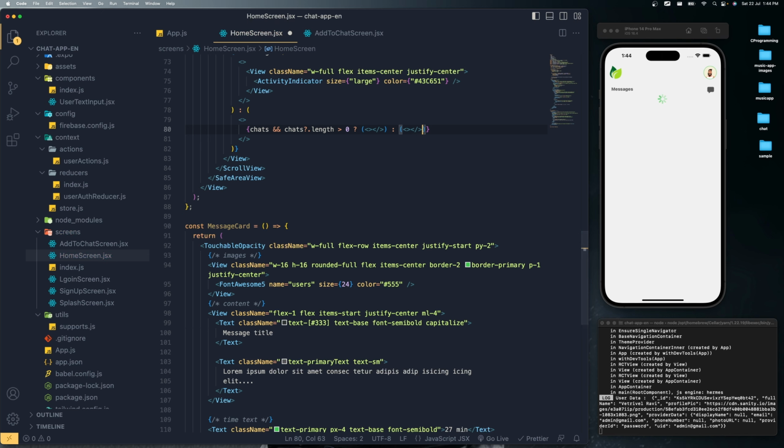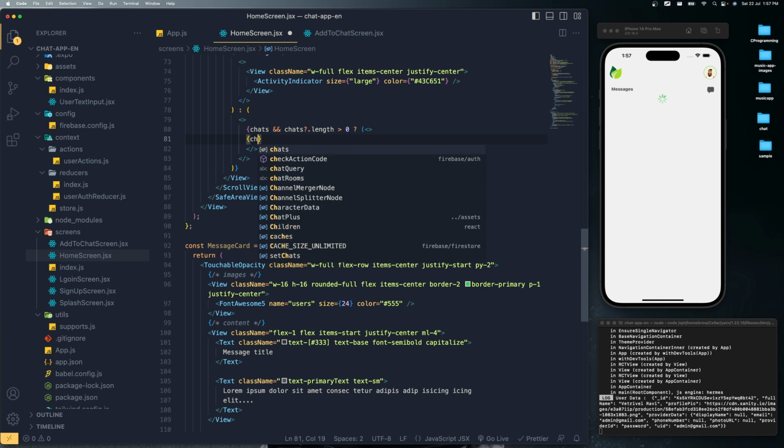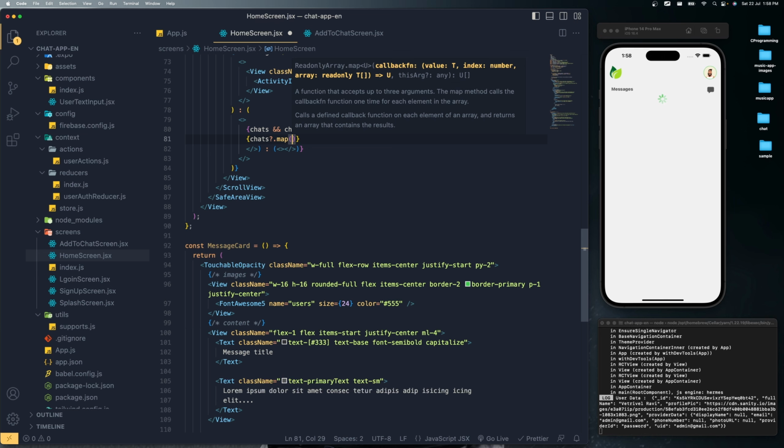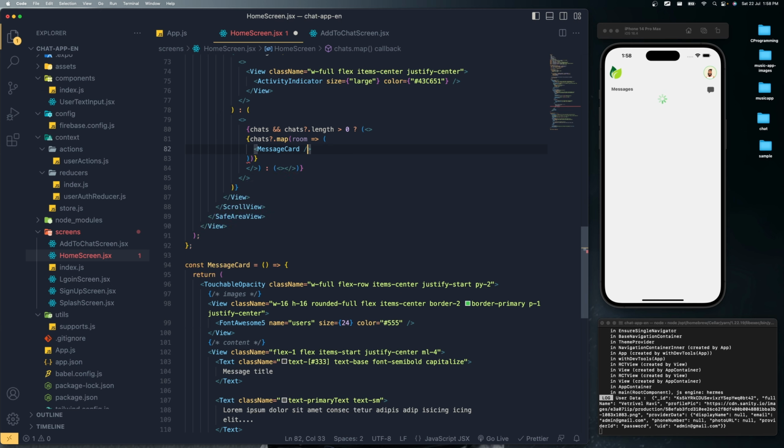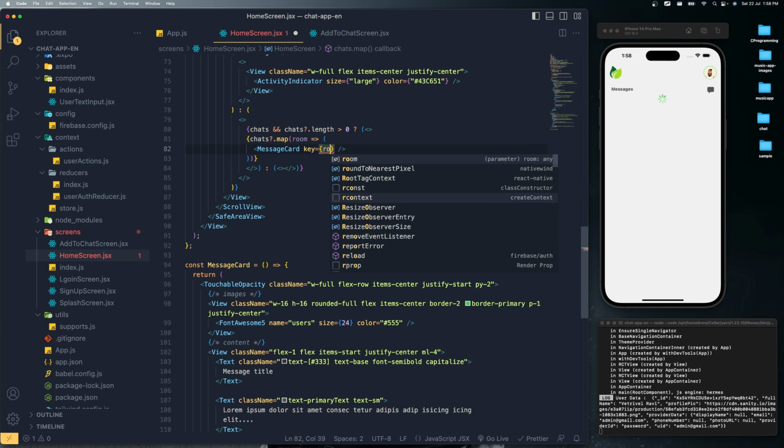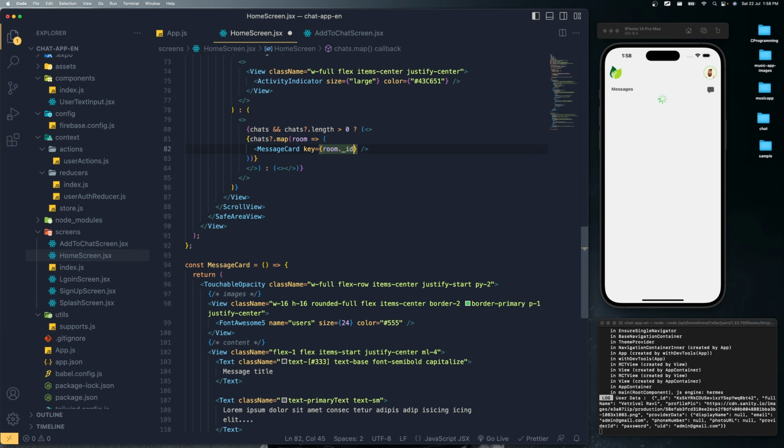All right, so over here, if the length is greater than 0, that means we do have something to display over there. So enter, and here I'm just going to open it again, and I'm going to say chats.map function. So use the conditional rendering, open the map, then we need to get the 1x1 chat room from here. Then open the normal brackets, then bring the message card over here, supply the key room dot underscore id, then